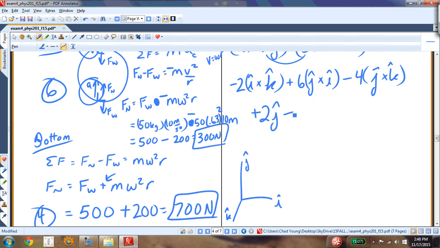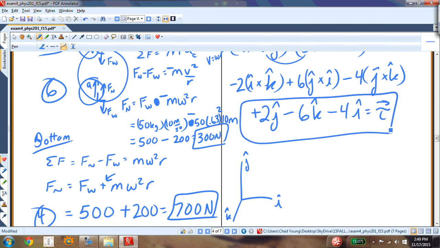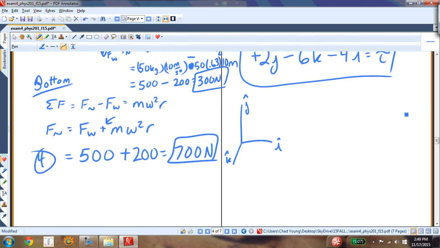J cross I is minus K, so it's minus 6K. And then J cross K is positive I, so it's minus 4I. And that's your torque. The whole thing was just 5 points. You either got it or you didn't. Okay,